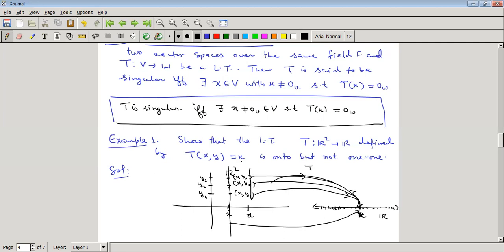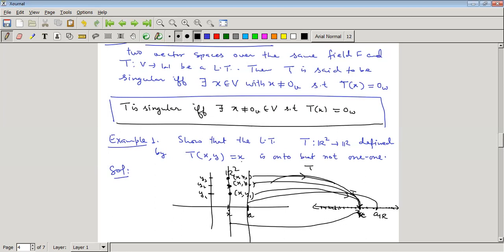So every element on this line maps to an element A. So is it 1-1? No, this is not 1-1, because (x, y1) output is also equal to (x, y2) output, which is equal to x. Both points are not the same, but their output is the same. Then this is not a 1-1 transformation, but this is onto, because given any